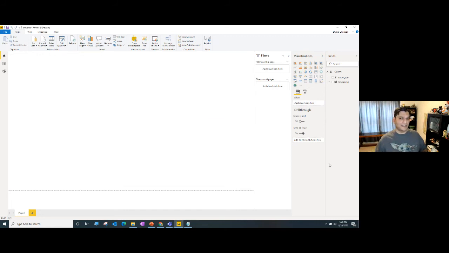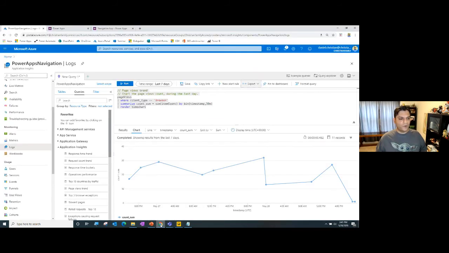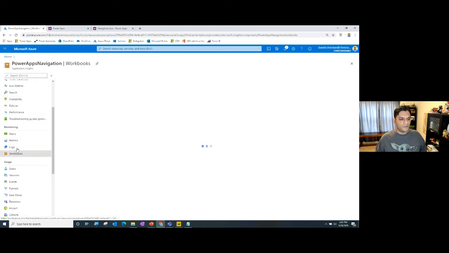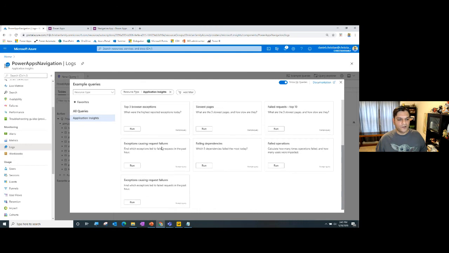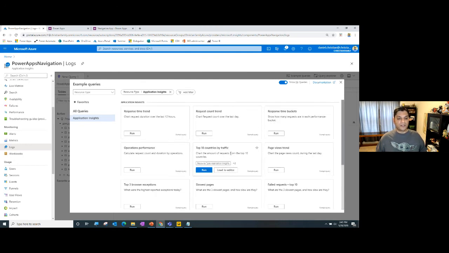Granted, it is static data, so it's not always going to be dynamic to pull the information over here. But this is how I was able to get the count, and the timestamp of how everything was used. But this is just one example. I can pull other information over there, because in the log functionality, I'm going to close this one, click out, and come to the log functionality over here. I have a bunch of other log options I can use based on how the traffic was, in IP addresses or in countries.